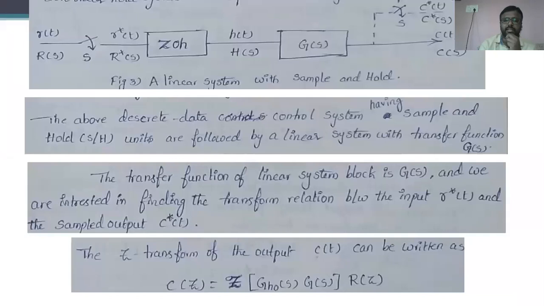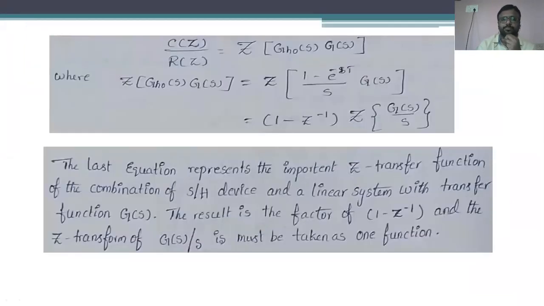In order to solve any kind of problem, let us suppose the problem is represented like this. It is an open loop control system in which the zero order hold circuit is in the cascaded position to the given discrete system. To solve these kinds of problems with zero order hold, the pulse transfer function can be taken as C(z)/R(z) = (1 - z^-1) times the z transform of G(s)/s.